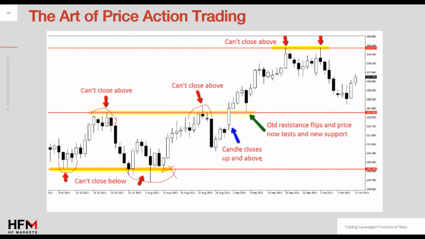Okay, a candle closes up and above our resistance level, and that is now converted from an old resistance into a new support, which could eventually be used as our target once the asset pulls back again. Also, the distance between our initial support and resistance level, as I said, could be used in order to spot the new target.